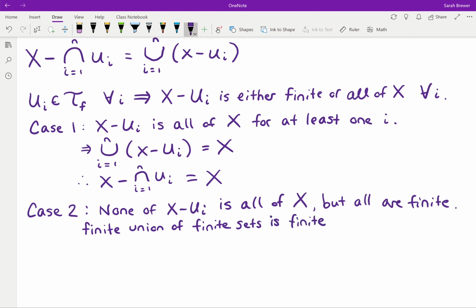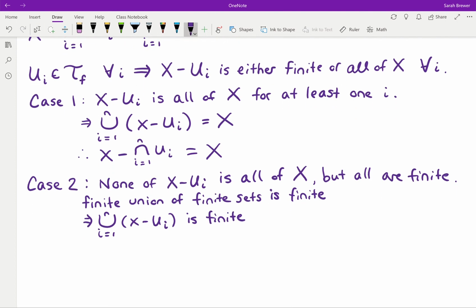We can make a one-to-one correspondence between that union of sets and a finite subset of the natural numbers. So therefore, this union of finite sets will have to be finite,